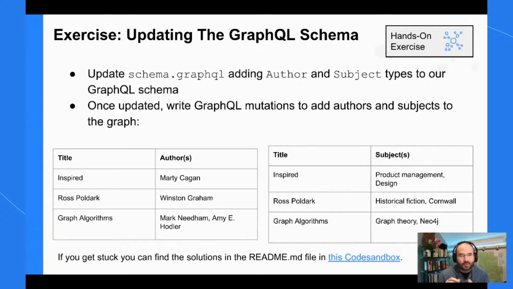And then once we've done that, we want to write GraphQL mutations that would add authors and subjects to the graph according to these tables. So we have 3 books that we've added to our database. We need to add their authors and then also the subjects for each of those. If you get stuck, this link has the solutions in the README. So you can take a look at that. But definitely